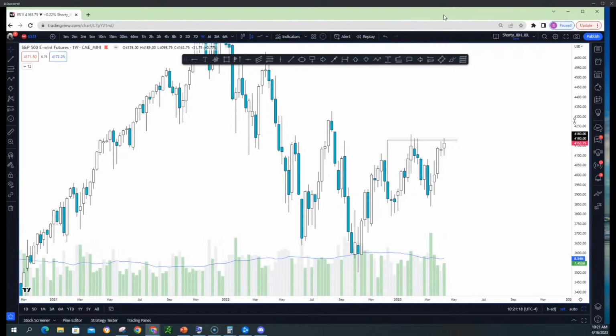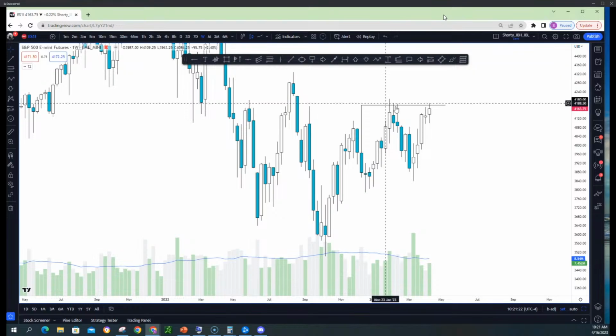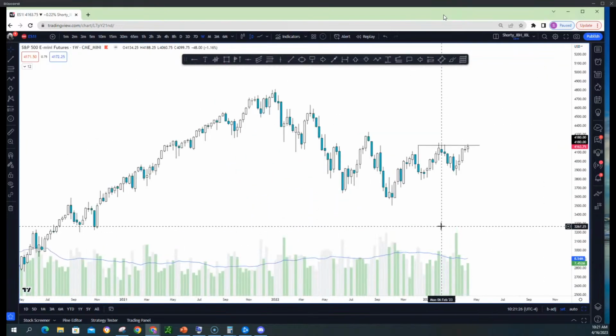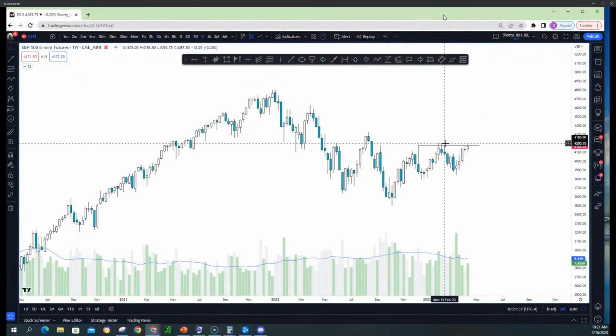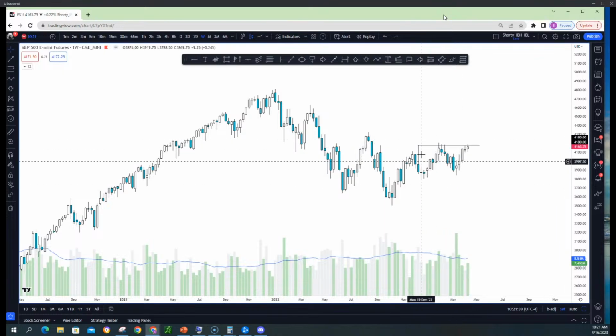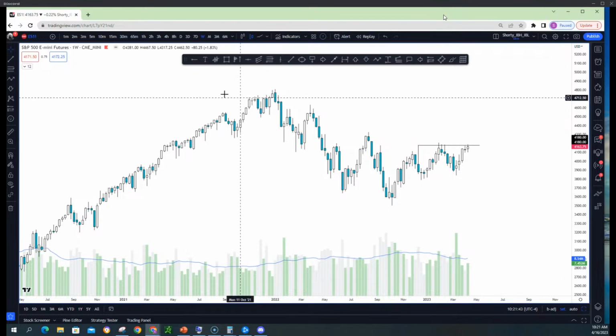So this level here, what is it? 41.80. If you're able to close on, let's say, a weekly above this, you're changing the behavior of the market. Because we still haven't closed above this, right? Not a single week went above this line that I just drew here. So once you break this line, you're changing the character of the market, and then you could be looking to start making higher highs. But as of right now on the weekly, you're in a trend down.